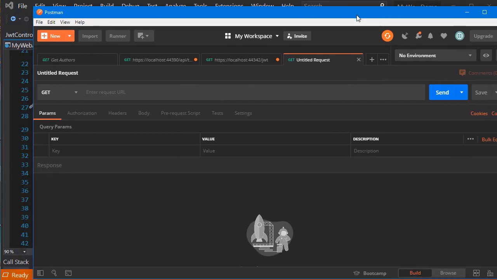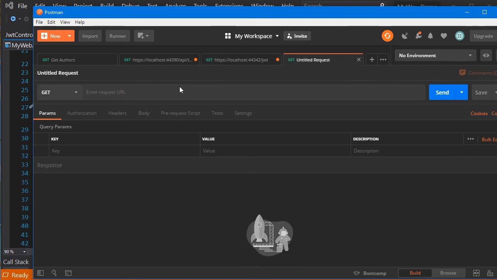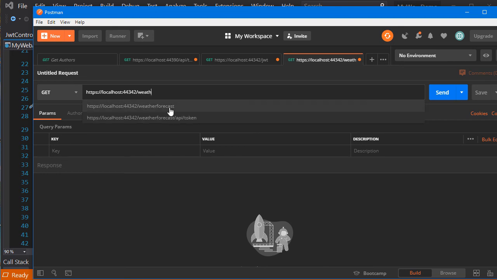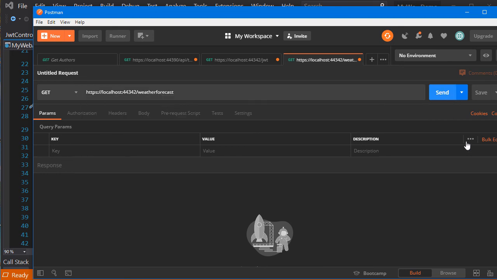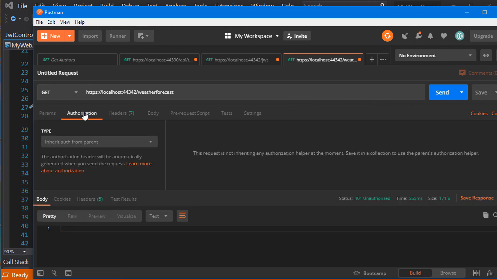So all I'm going to do is copy that and create another GET request. I'm just going to say weather forecast and hit send, and we get 401. So what we are going to do this time is go to the authorization section,